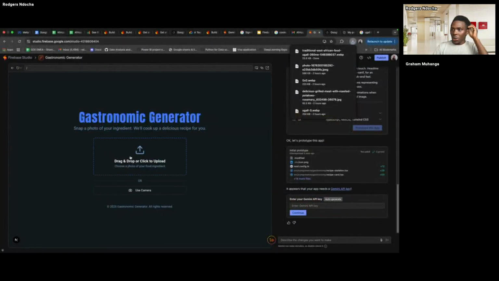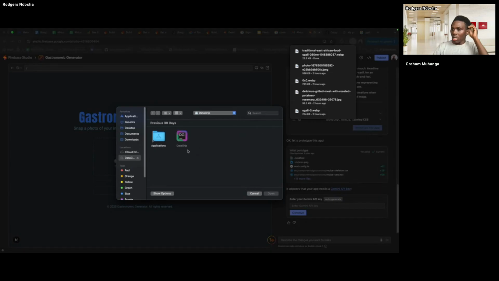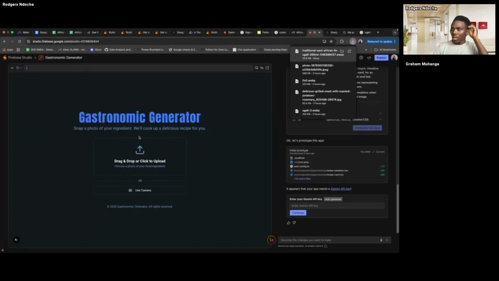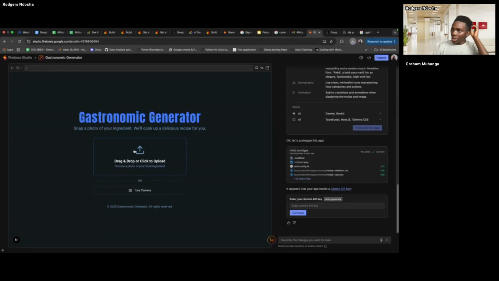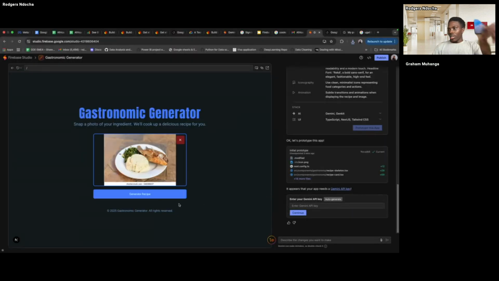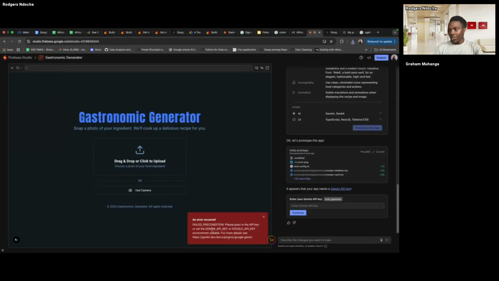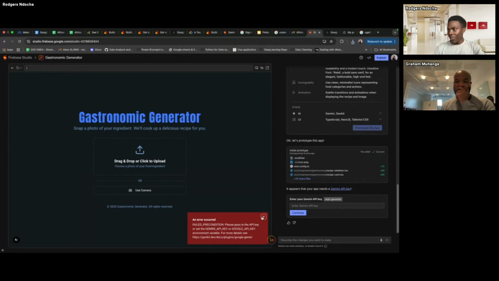Where is that image? Yeah, here's the image. So we want to generate the recipe. If it works, you see automatically it gives you an error on this side. It requires a Gemini API key.